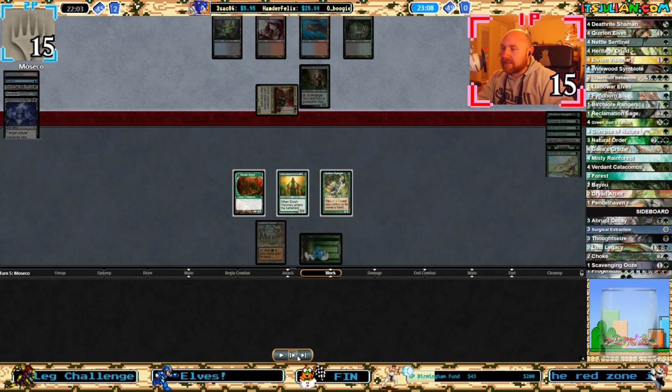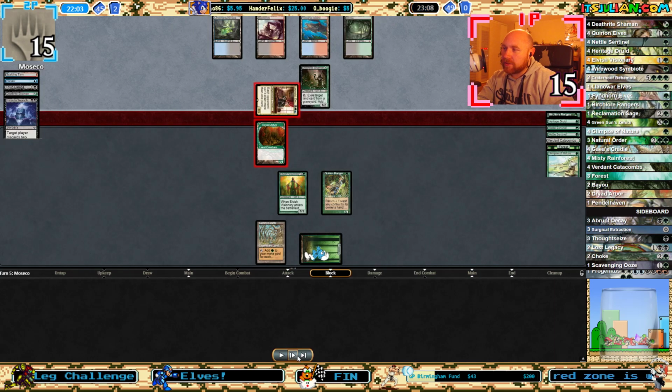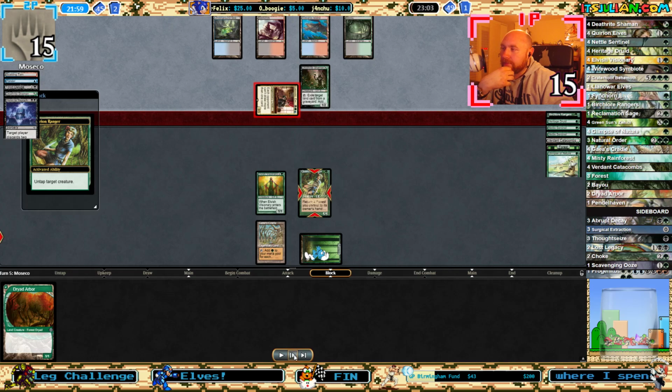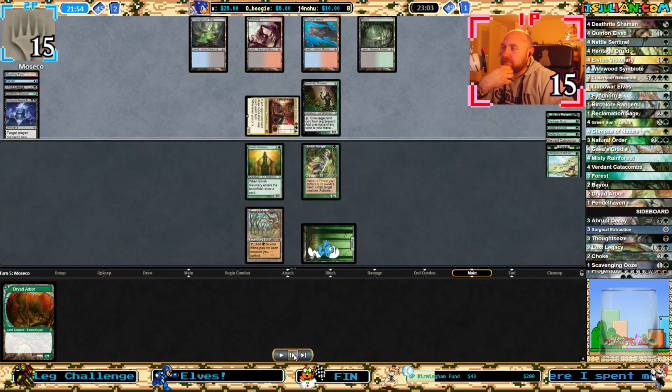I can block with Dryad Arbor and bounce, and I'm going to do that, because it doesn't stop us from casting Natural Order next turn, and we don't have enough mana to hardcast Behemoth anyway. So I think that's a fair play. Of course, we get... well, I can't even say punished. If he has it here, I would actually be okay, because that means there's no Force of Will, and if I draw Natural Order...